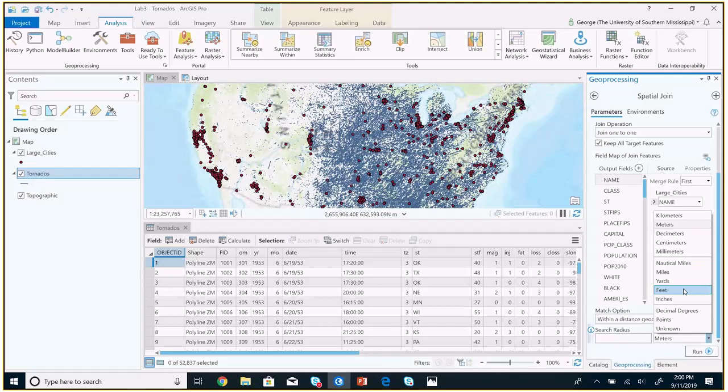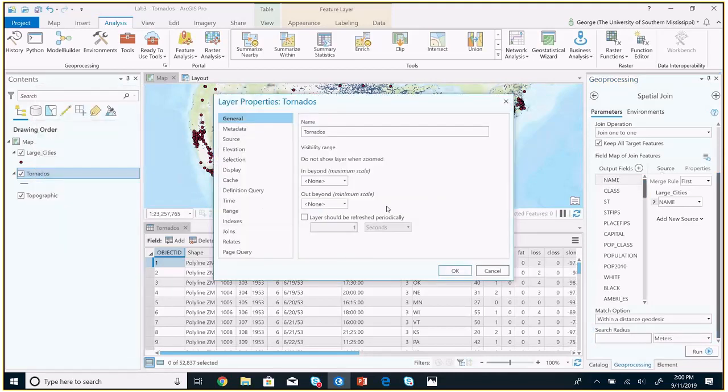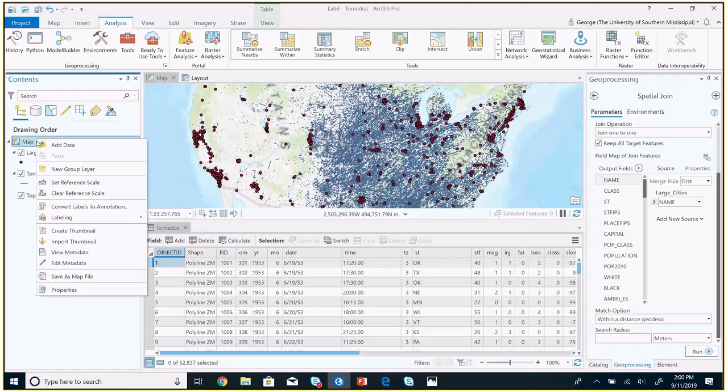It's going to be a greater distance in real life than 1,000 meters down closer to South Texas or South Florida, because that's what the map projection does. So it's best to choose a map projection that distorts distances less if you're going to do a distance spatial relationship. So let's look at what the